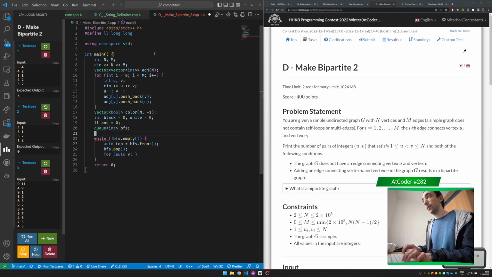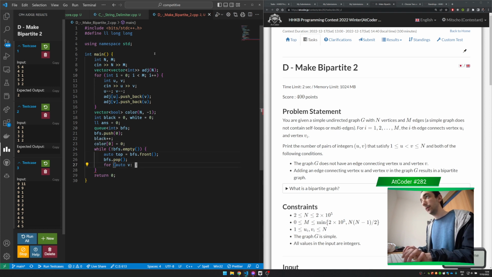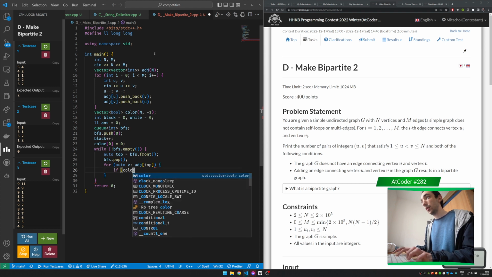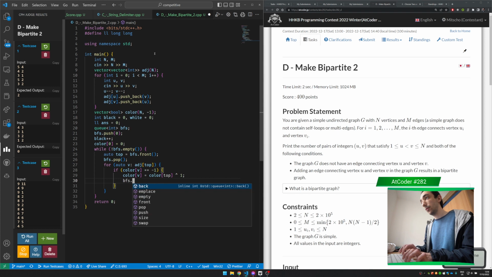So in the BFS I will say BFS.push 0. Okay, I will say color 0 is 0, and then for each vertex in the adjacency list of the top vertex, if color at v is -1, then color at v is the opposite of color at top. BFS.push there,